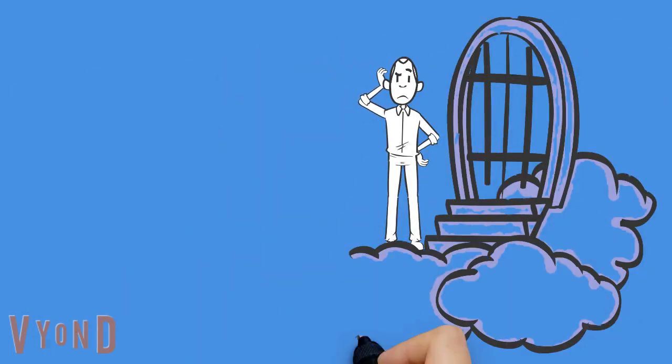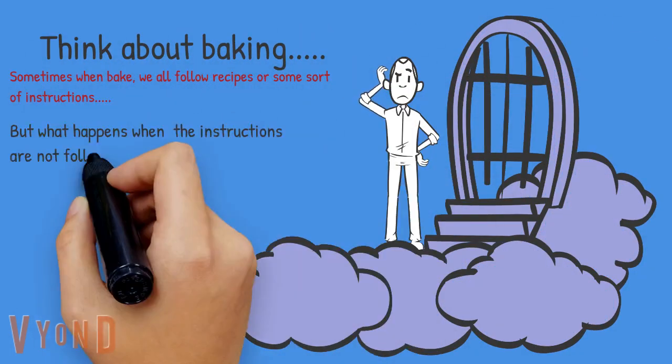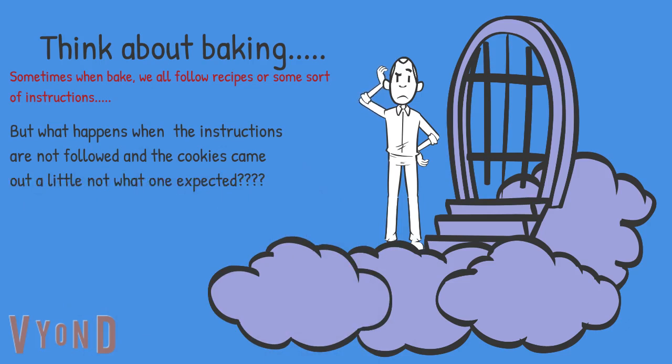So, what happens in baking? We usually follow a set of instructions, right? Or a recipe in this case. So, let's say we want to make cookies, right? Cookies have a set of instructions as well. Let's think about what happens when instructions are not followed and the cookies turn out to be not what we